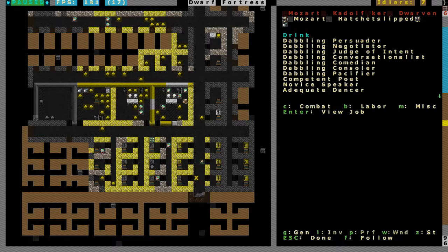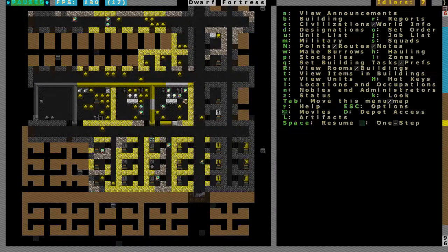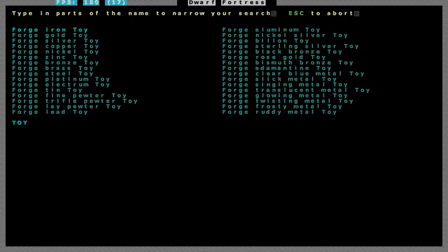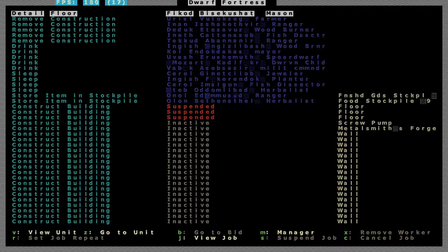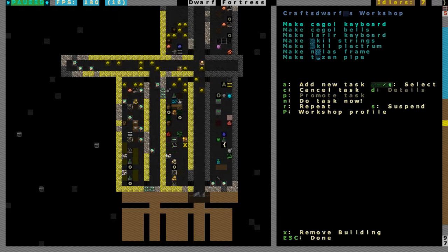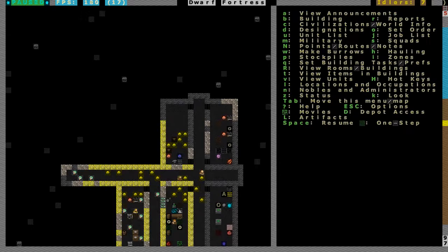It says they're drinking currently, though. I'm happy to help. Oh. Yes, I'm sure you're just such a great help. So maybe I should make some toys. What can I make toys out of? Right, I can make them out of metals. Can I not specify what kind of toy they make exactly? Craft Dwarf workshop. Oh yeah, I also ordered some instrument pieces to be built. So hopefully somebody will get on with that. Rock? Oh, you really do just order toys to be made. Okay. Well, I would like...